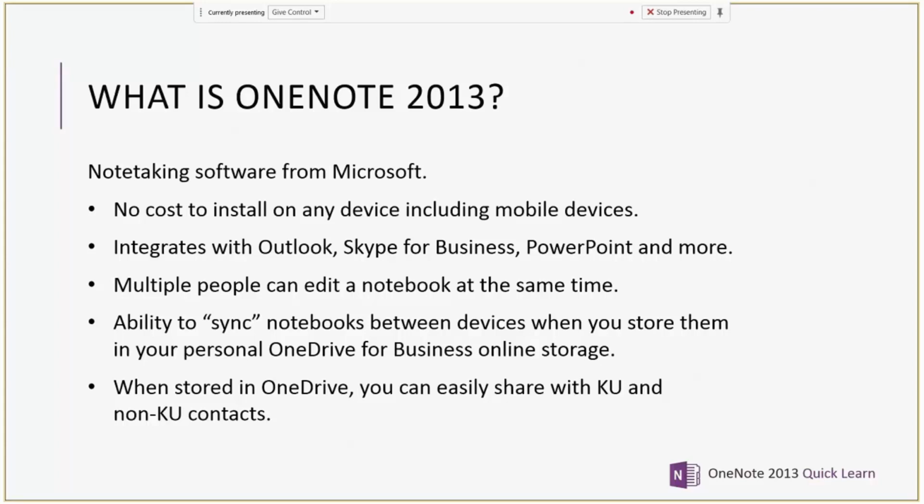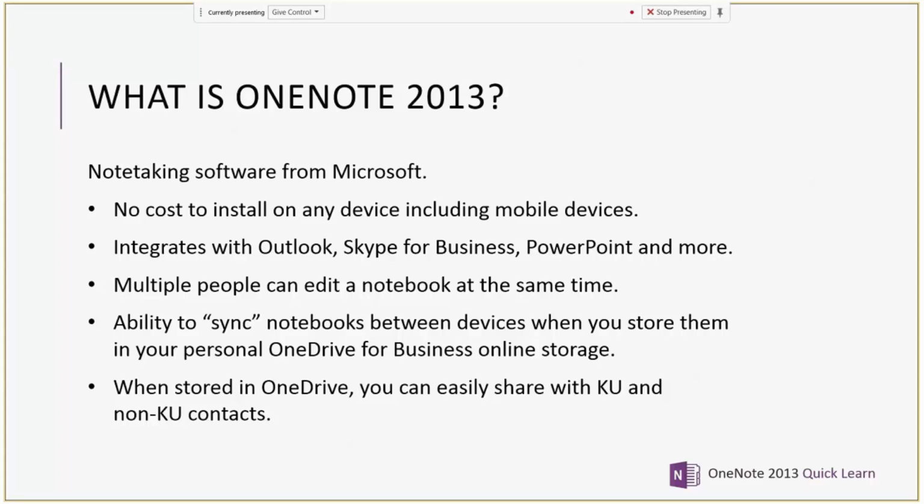What's cool about OneNote is that multiple people can edit a notebook at the same time. We call that co-authoring. So it can be good for project meeting notes, and it can also be really great for team research. So if students are working in a team on a paper, they can create a notebook, and it allows them for a little bit more casual organization of their notes and pulling in resources.